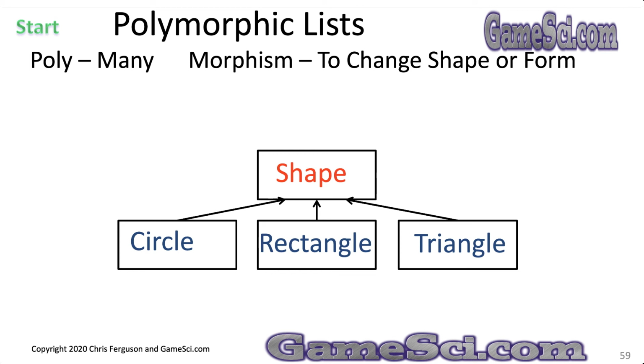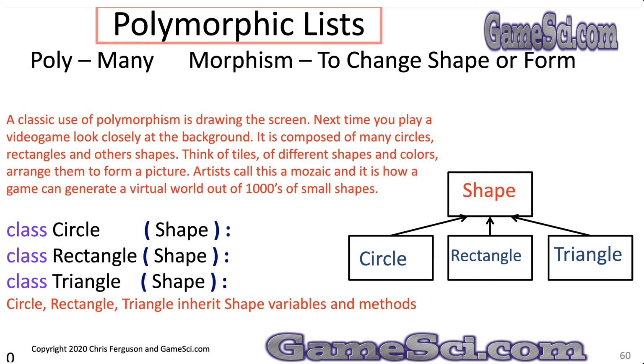Last slide, I promise. Polymorphic lists. What is that? Polymorphic list. Remember, poly means many, and morphism means to change shape or form. A classic use of polymorphism